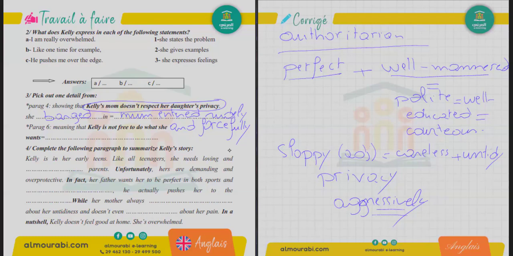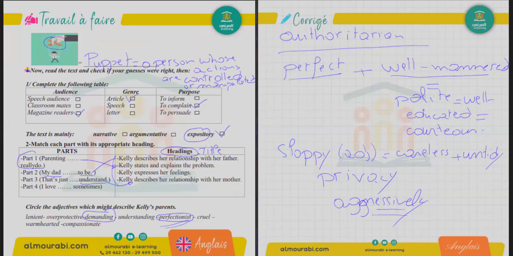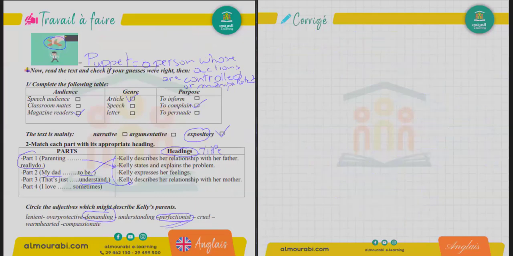When she barged in, when she entered rudely, what did she tell her kid? What was the reaction of the mom when she barged in? She tried, complete the sentence for me, to make her tell her what's wrong. All right, she tried to make me tell her what was wrong.